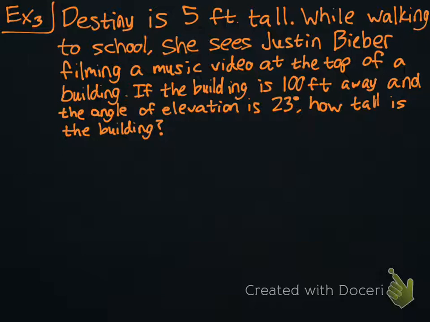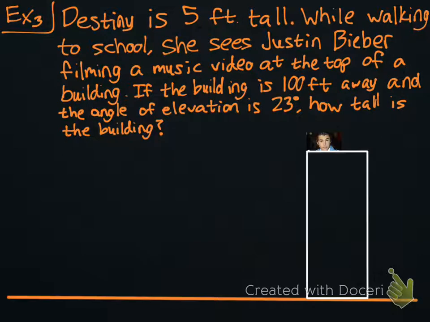So in this type of circumstance, I always recommend: draw the picture first. So first of all, we have a building with Justin Bieber at the top of it, and then a level ground. We're assuming it's exactly horizontal. Now, if I have a person here, Destiny is standing here,